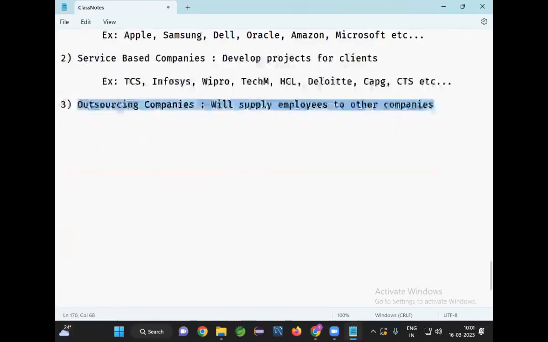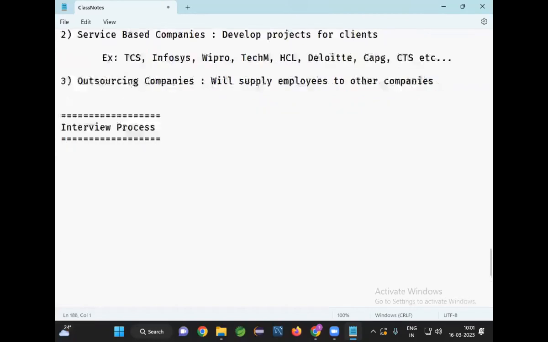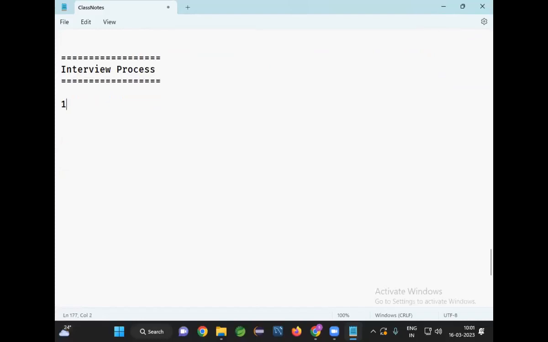And the next one, interview process. How will the interview process be when you go for that interview? Product-based companies will focus mainly on data structures and algorithms. So if you go for a product-based company interview, they will not ask anything about Spring Boot, microservices, Docker, Kubernetes, AWS. Nothing is required for them. The product-based companies are going to focus on data structures, algorithms, system design,